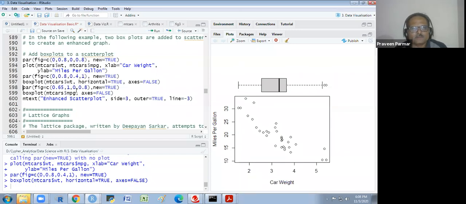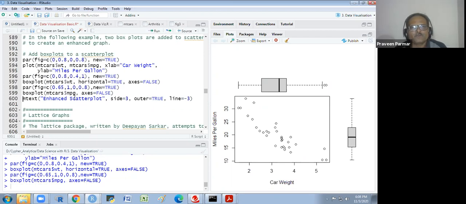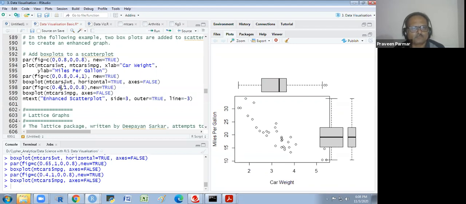And here we take, we are getting it. So I want to change it. 0.6 is better. 0.6 is better.